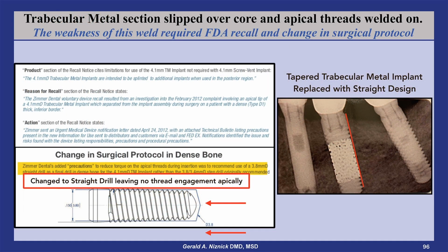Initially, Zimmer had an FDA recall on this implant, requiring that it change the surgical protocol in dense bone to eliminate thread engagement by the apical threads of the implant. When the apical threads engaged bone, the threaded part below the trabecular metal was separating from the implant. The reason was that they slipped this trabecular metal on the implant core and then welded the bottom threaded portion. Using step drills, this apical threaded portion would engage dense bone and break off as the implant continued to be